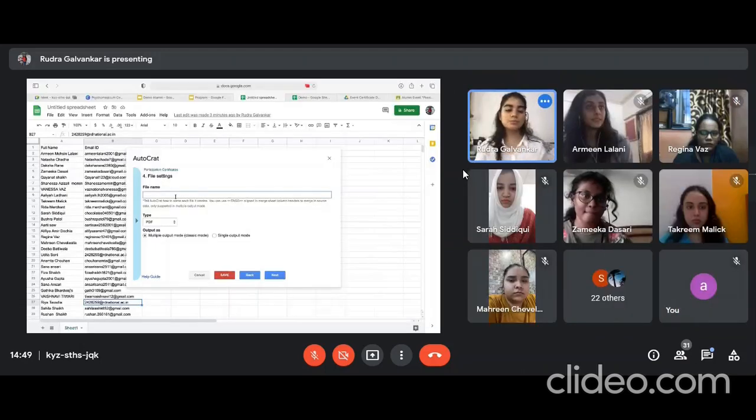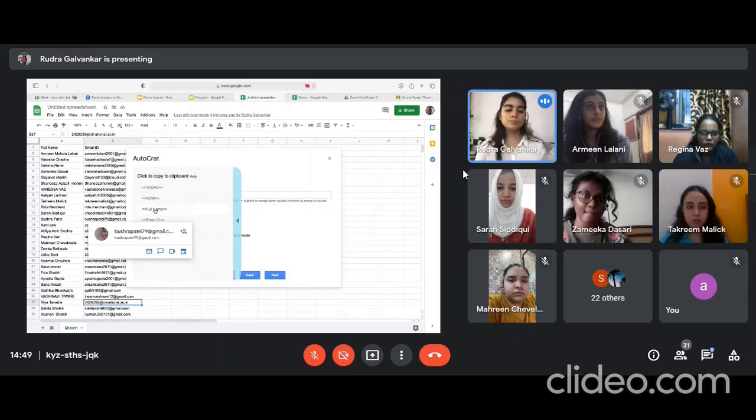So suppose I'm making a drive link of my own, right? I've made a drive folder, which I've named Illumina event. And I want all the names of the files to be saved as your full names. Like for example, Rida Merchant. I want my file name to be ridamerchant.pdf, and send it to people if they haven't received it. So what you will do here is write full name in the same way it's written here. It should be exactly the same. See, my F and N were capital here, the rest were small. Keep it the same way, and then again go to next.